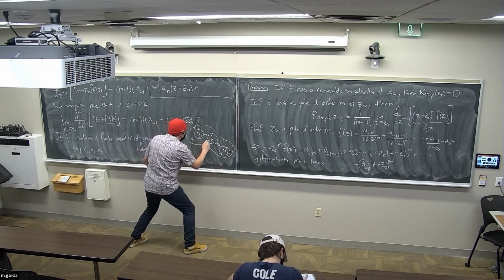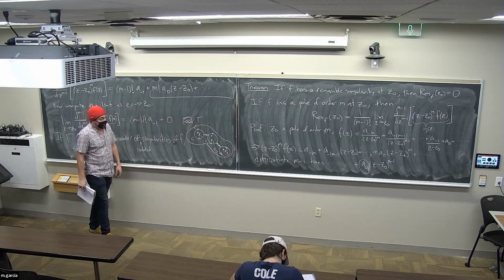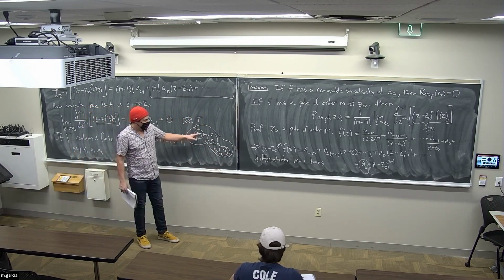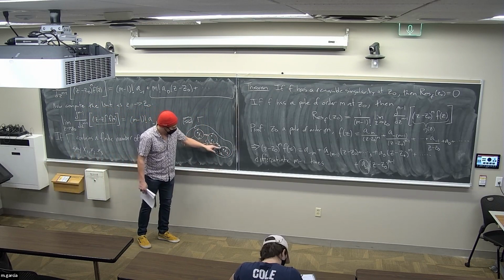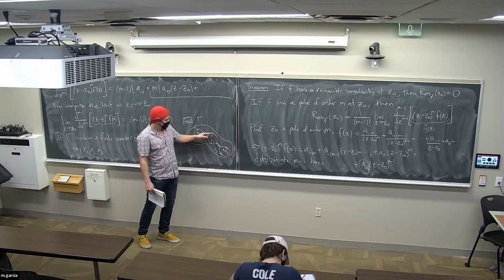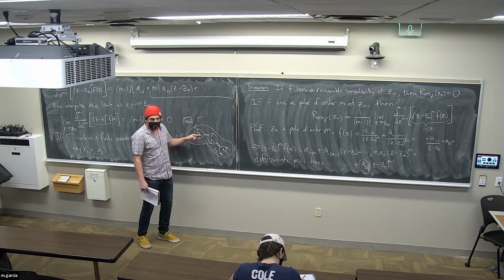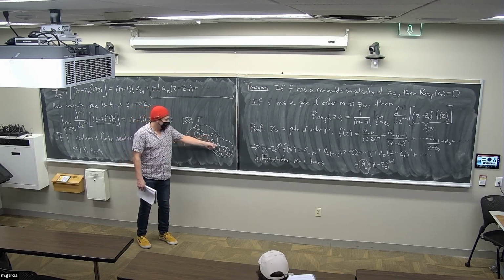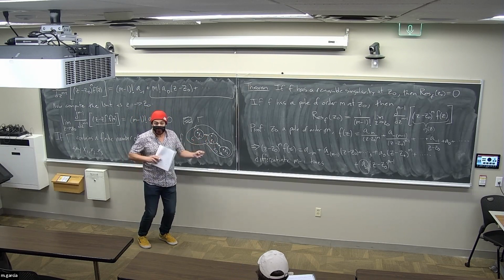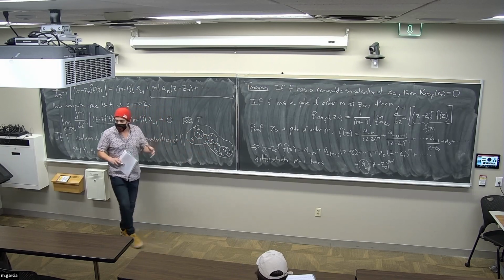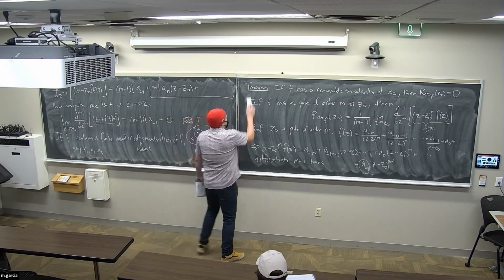And you call these components circle 1, circle 2, and circle 3. Now, if I view this as a single contour, coming back to where I started, then the line segments cancel, right? Because I traverse both of them once in both directions. So when I look at the integral, these parts cancel, right? So that is to say,